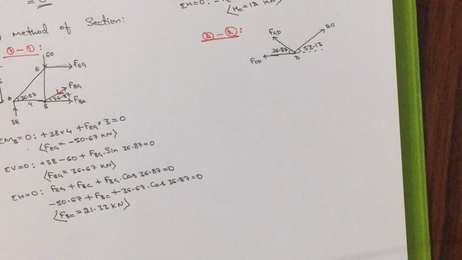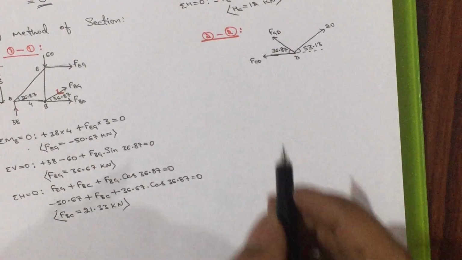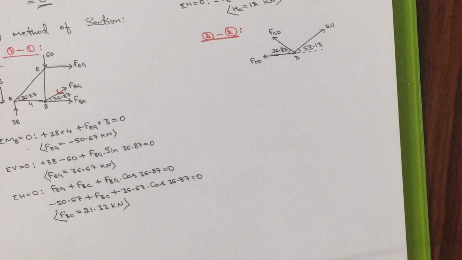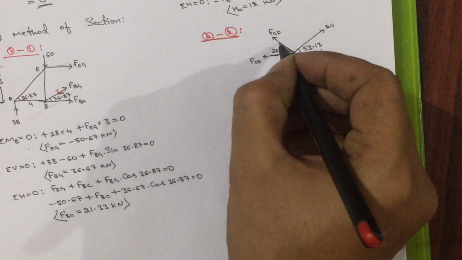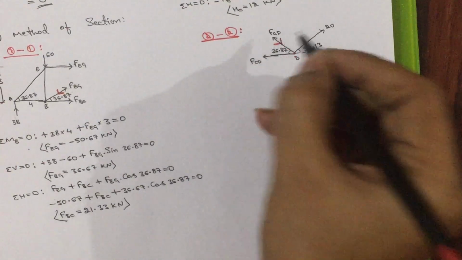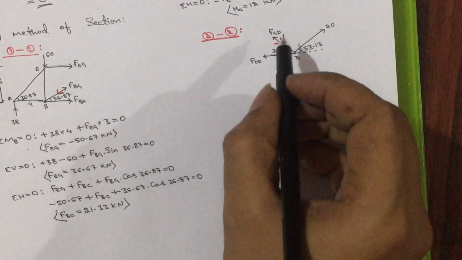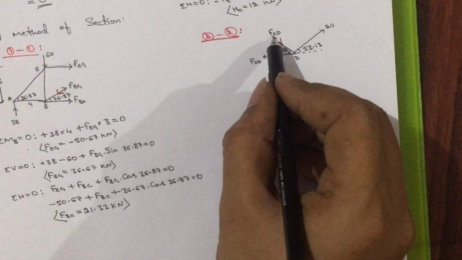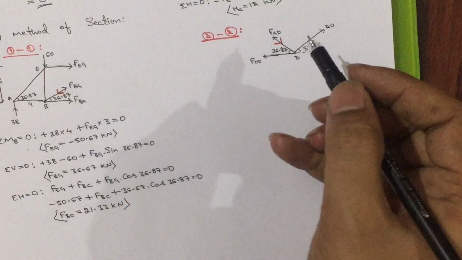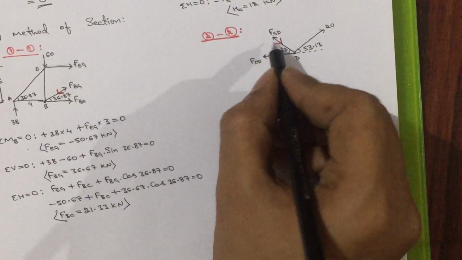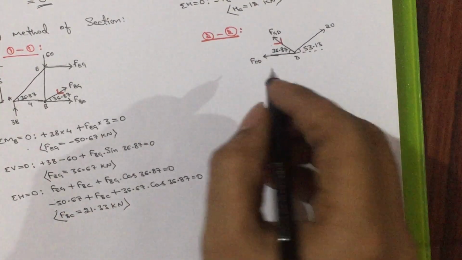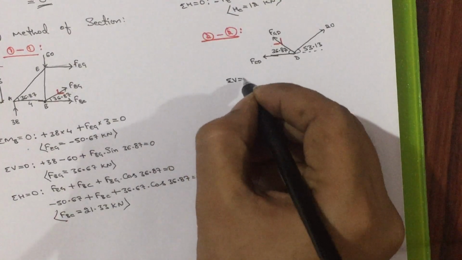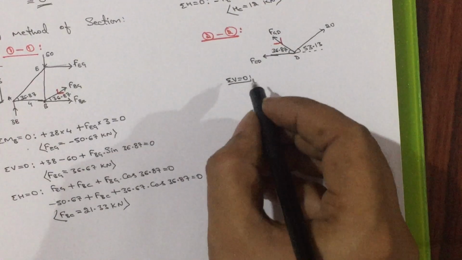First of all, which force we need to solve now? We need only the GD. So what I will do means, behind the arrowhead I will draw nearby horizontal, nearby vertical. If I take the horizontal condition, I will get FCD as well as horizontal component of FGD. So what I will do means, I will take the vertical condition so that I will get only the vertical component of FGD. We need GD only. So take directly sigma V is equal to 0.